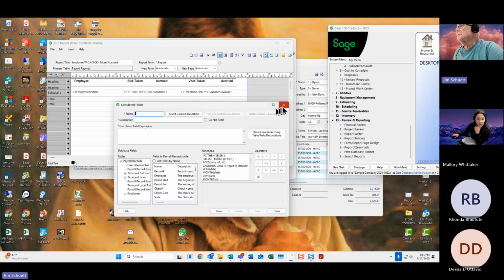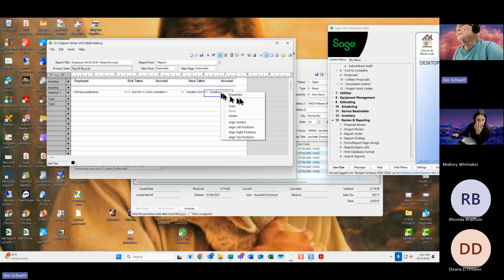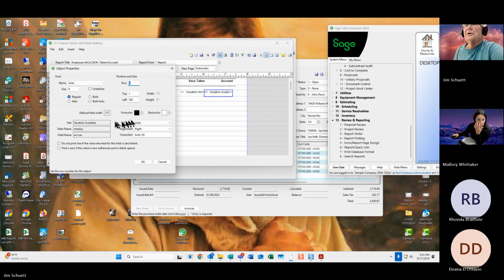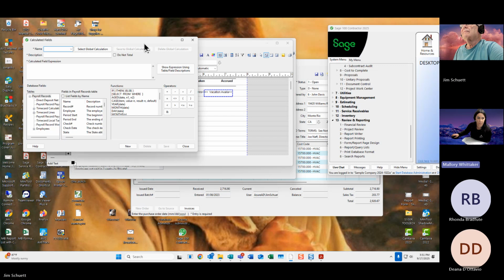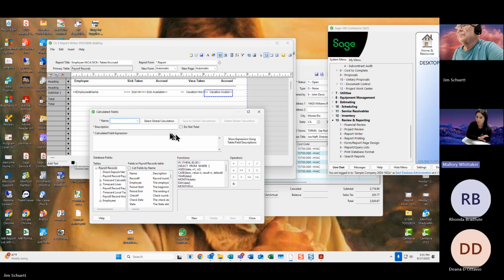I need to see what field these are. Employee vacation. Okay, so I need the employee. And you can pull the accrued vacation from the payroll record too, which I even tried, switching it all to payroll record instead of trying to merge employee with pay rec. Yeah. Okay, so employee, you've got